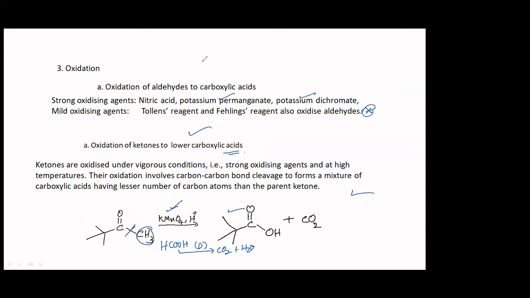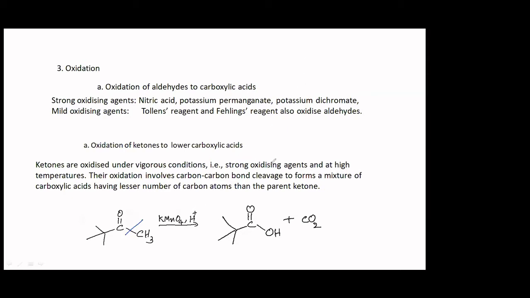Sometimes they will ask you this in the exam, like which of the following products are possible when some ketone they might give you is oxidized using potassium permanganate or potassium dichromate. You should be able to identify that. Okay. Any doubt? The bond cannot break here. Even if it is breaking, it becomes tertiary, which cannot be oxidized very easily, isn't it? There is only one possibility in this particular compound.